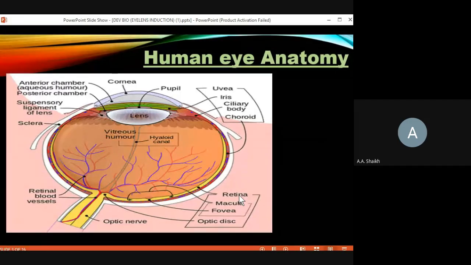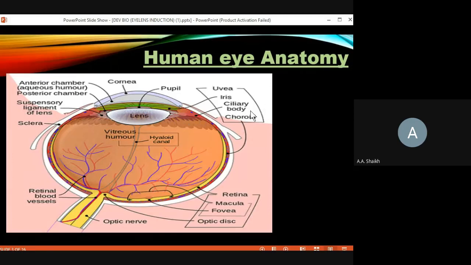Now this retina shows the presence of receptors as well as neurons. Receptors are present in this complete retina, as well as different types of neurons. These receptors are nothing but the photoreceptors, which help us visualize the things we view with the help of our eyes. And also here it is showing the presence of some ciliary bodies.